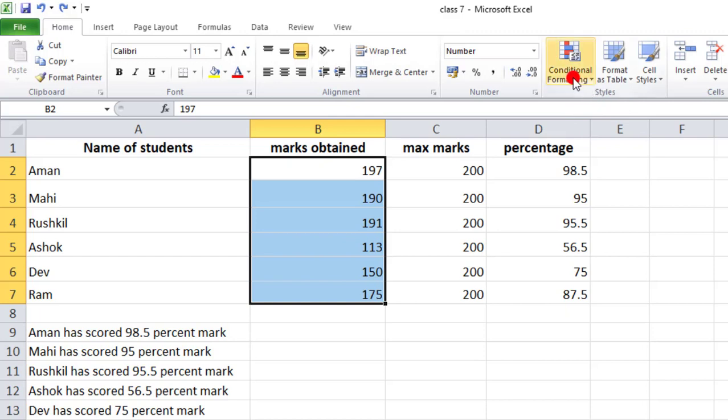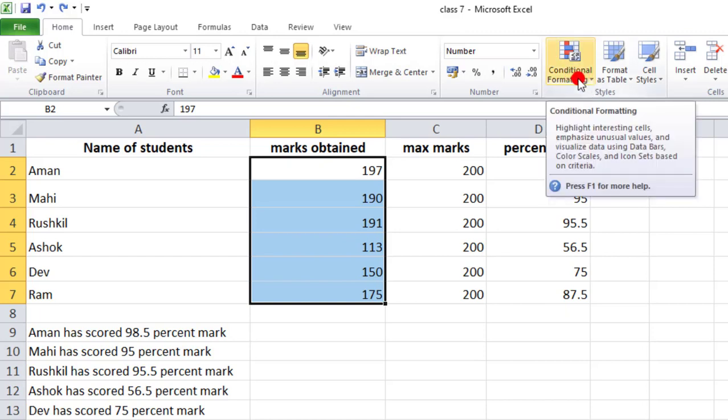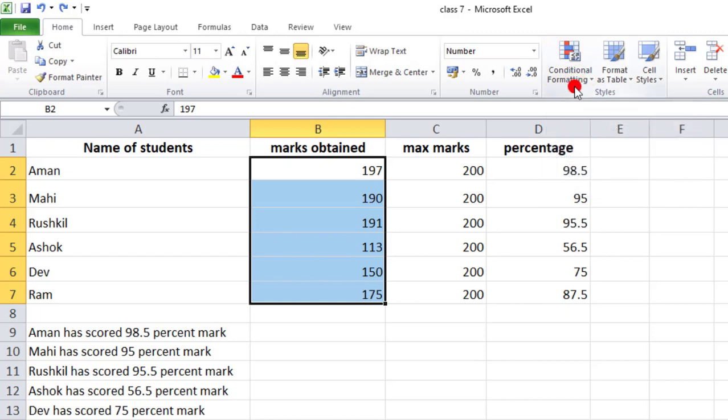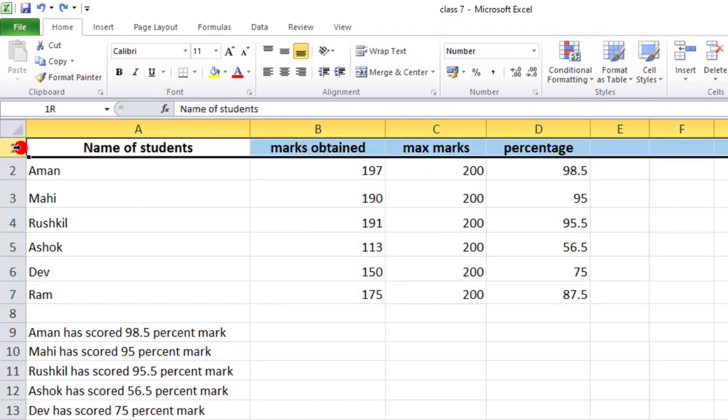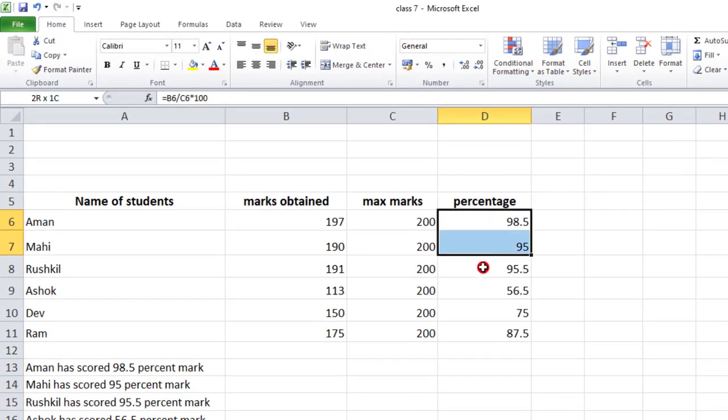In this, the first one is conditional formatting. Formatting on the basis of any condition. Formatting means to apply any change to the text in the sense of making it bold, italic, underline, changing its text color, background color. These things are called formatting. We want to do formatting on the basis of a condition. So we can use this. So I am selecting this one.